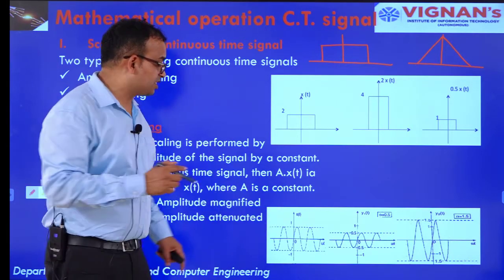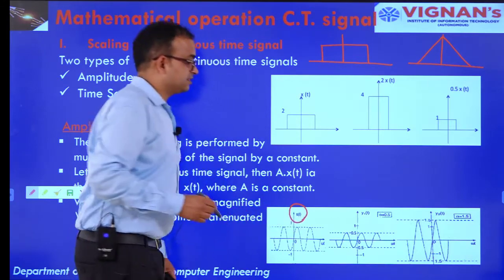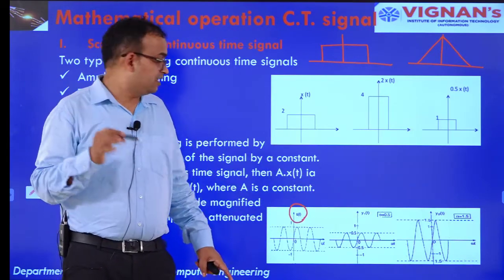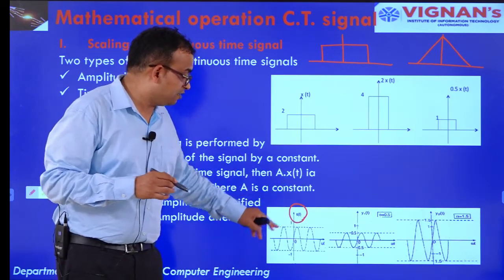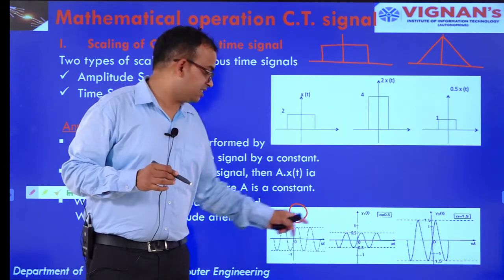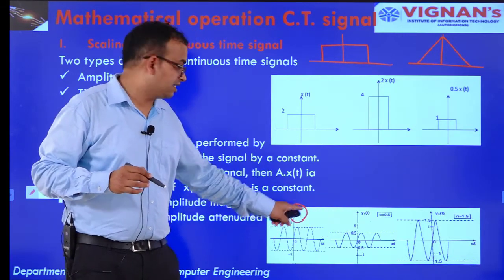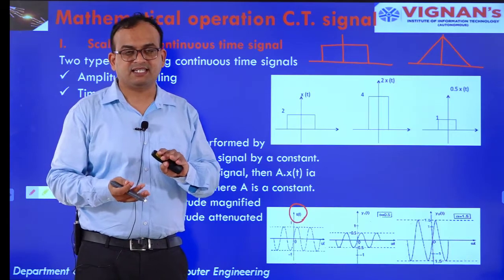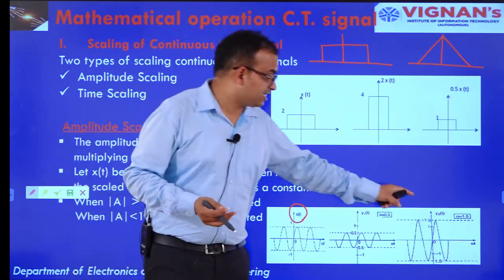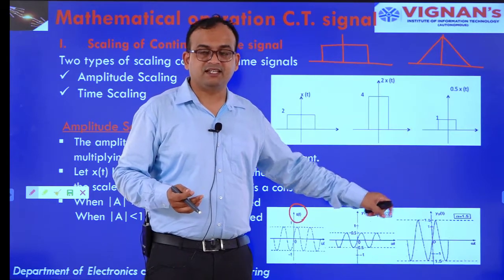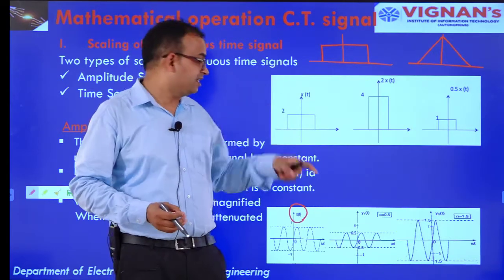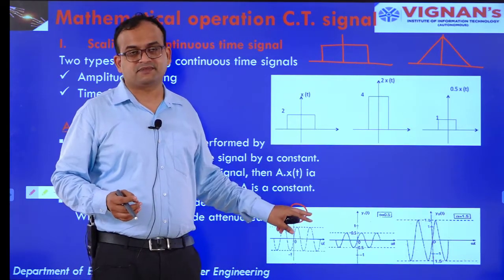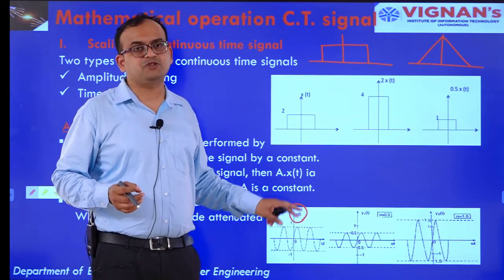Coming to the next example, the original signal is x of t. If alpha is the amplitude scalar, then in y1 of t the amplitude 1 goes to 0.5. Previously it was 1, now it is 0.5. So alpha equal to 0.5 means the signal is attenuated, since alpha is less than 1. In the next case, alpha equal to 1.5, whose value is greater than 1, means the signal is amplified. The diagram shows the amplitude is more here. So the first operation is amplitude scaling.